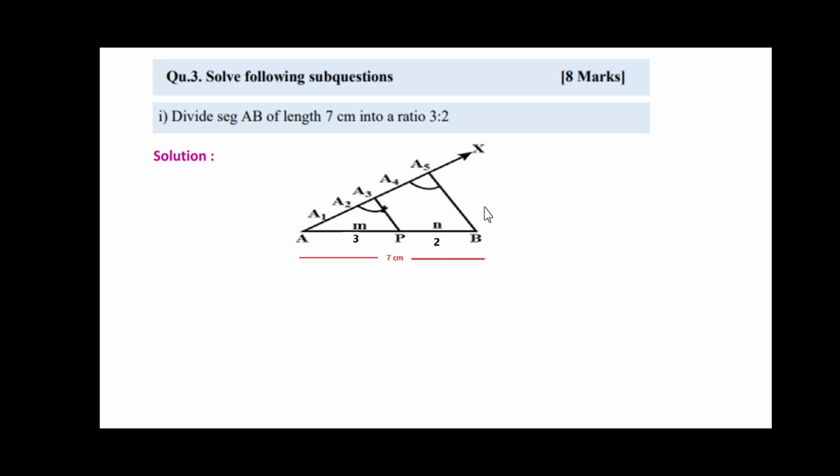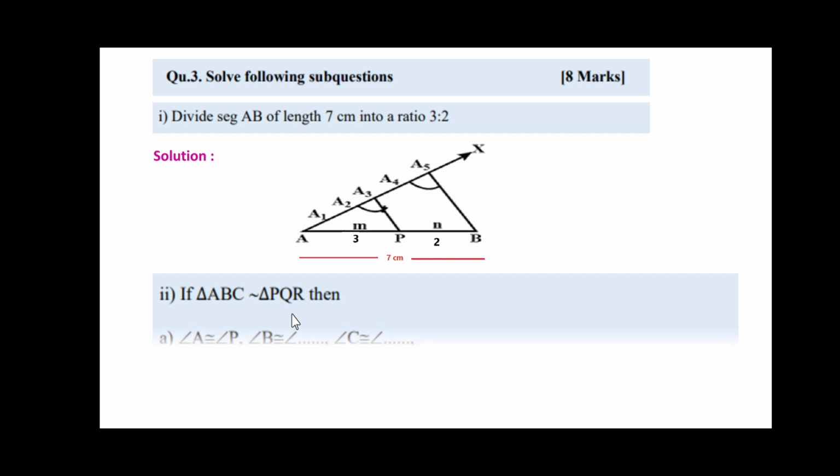So friends, now we'll see the next problem. That is, triangle ABC is similar to triangle PQR. Here triangle ABC and triangle PQR are similar. They are given, and the correspondence is not given. The correspondence is ABC one-to-one correspondence with PQR. If the correspondence is not given, you have to consider the names of the triangles as the correspondence.